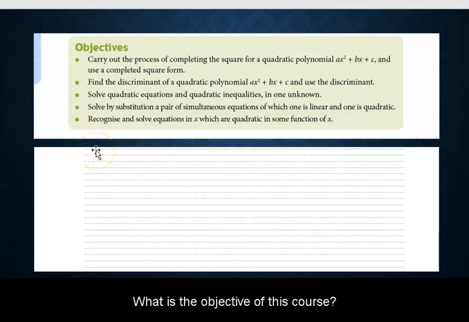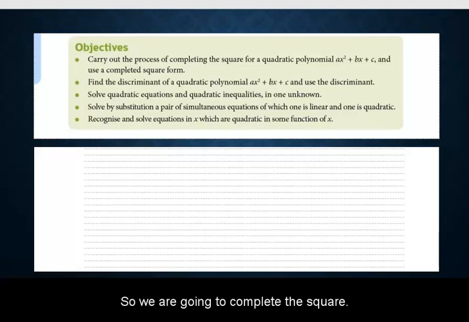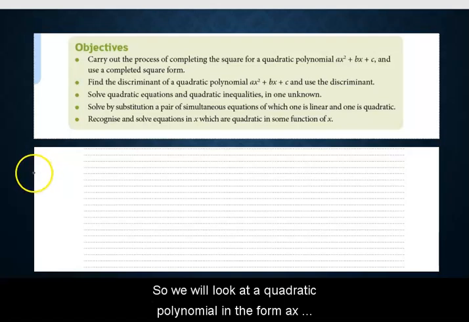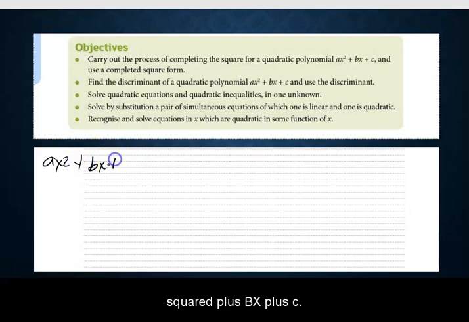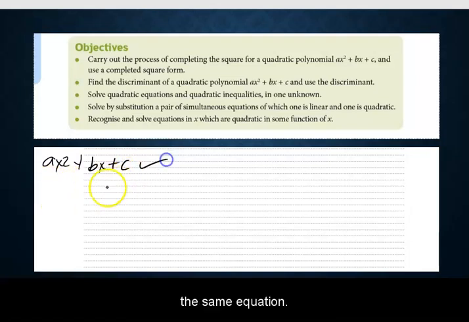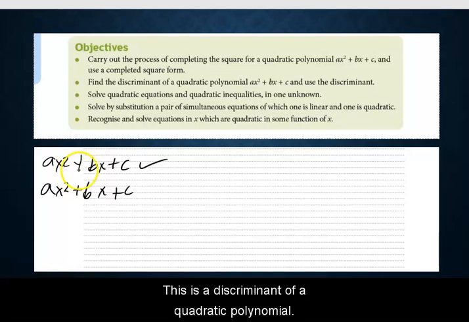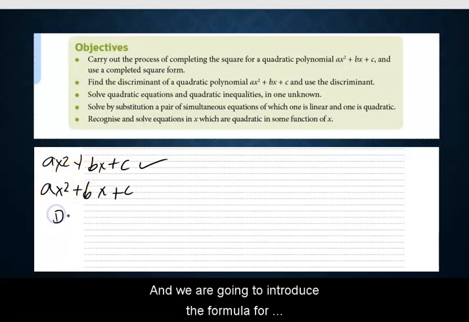What is the objective of this course? Carry out the process of completing the square. So we are going to complete the square. We will look at a quadratic polynomial in the form ax squared plus bx plus c. And then we will look at the discriminant, which shares the same equation, ax squared plus bx plus c. This is the discriminant of a quadratic polynomial, and we are going to introduce the formula for the discriminant, b squared